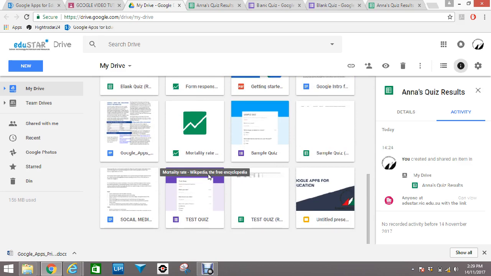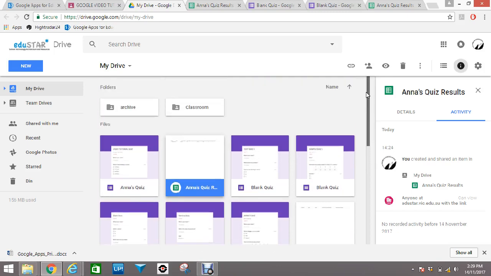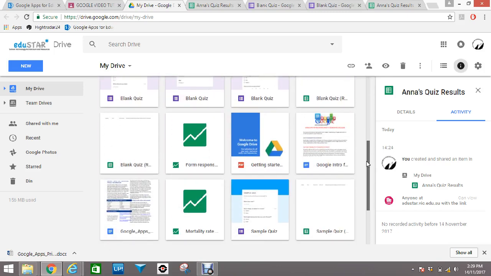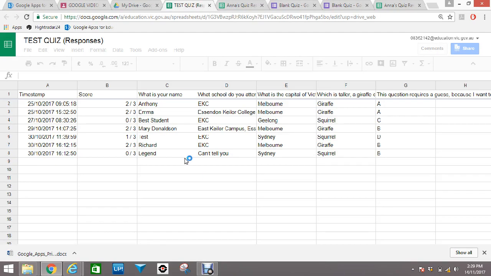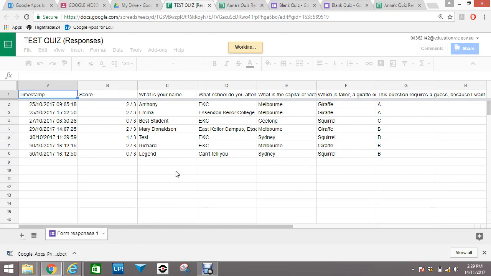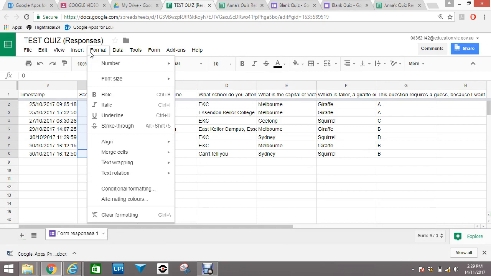So I had a couple that I'd done with groups. Let me find one of the bigger ones. Okay, so here's one with a few more responses, test quiz. So we can see in there. Now, interestingly enough, if I wanted to, what we can do really simply, I can go in there, I can go into conditional formatting under format,